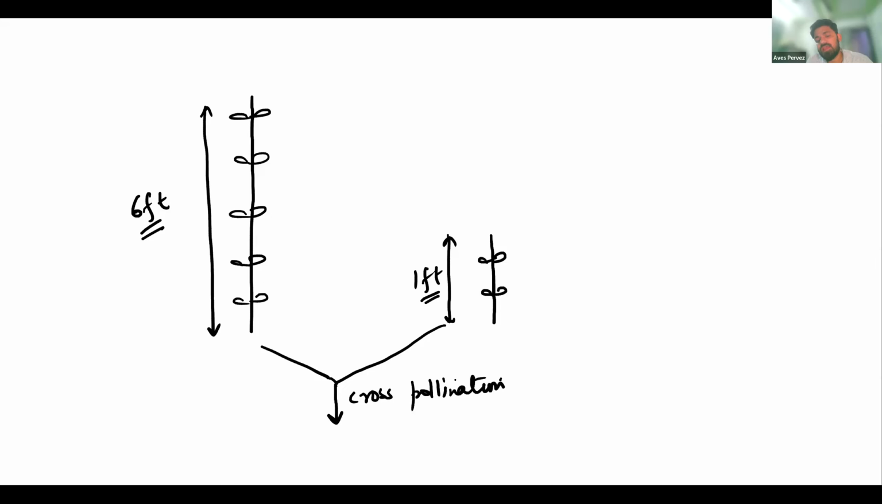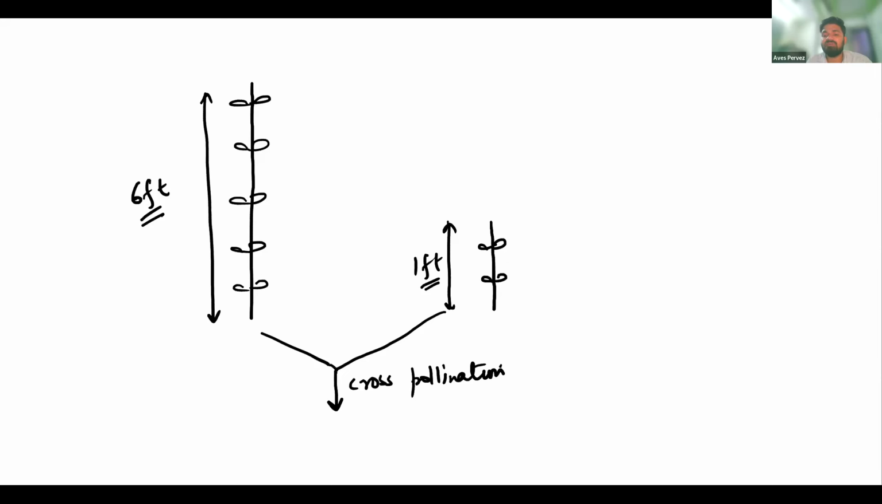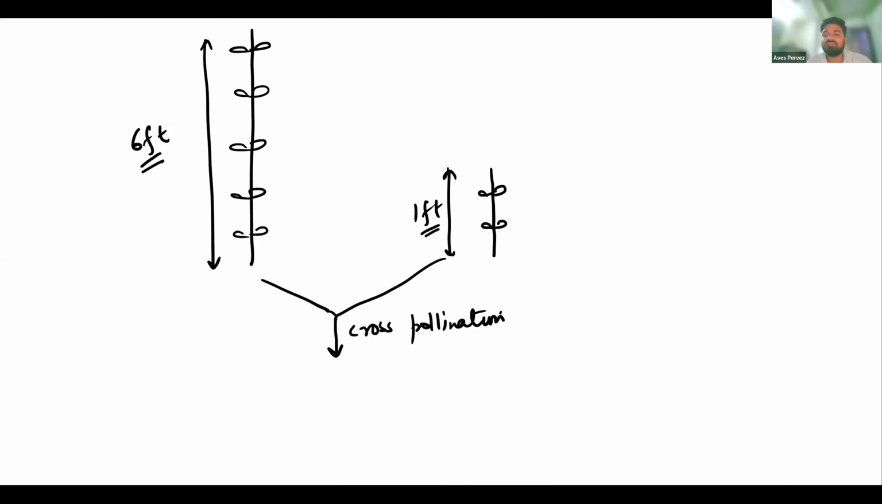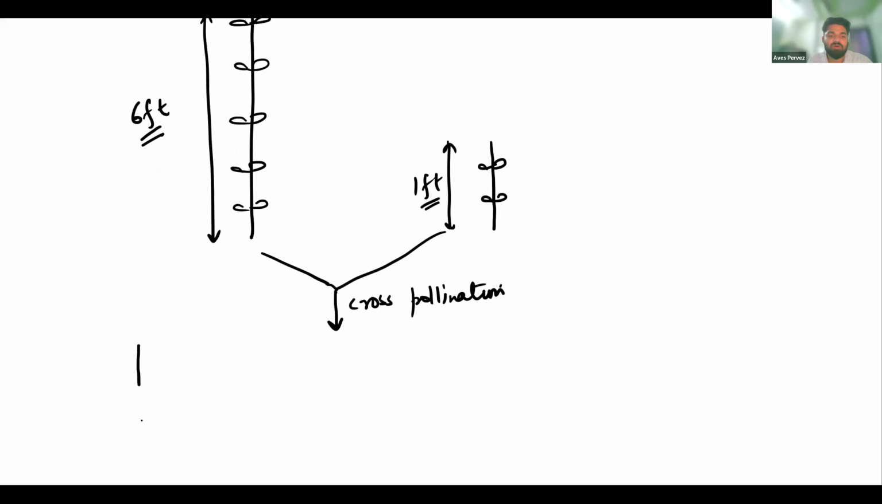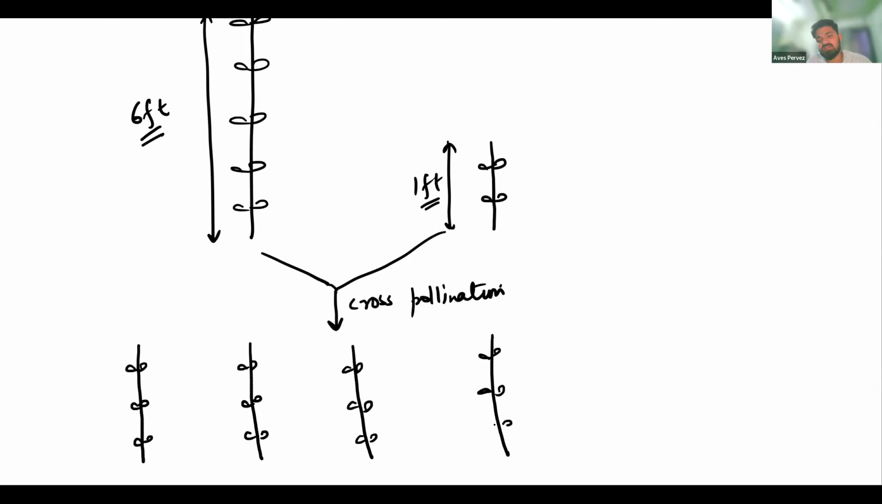Okay. And when he did the cross pollination, he got all plants of 6 feet. Every plant was of 6 feet. So what are the results of cross